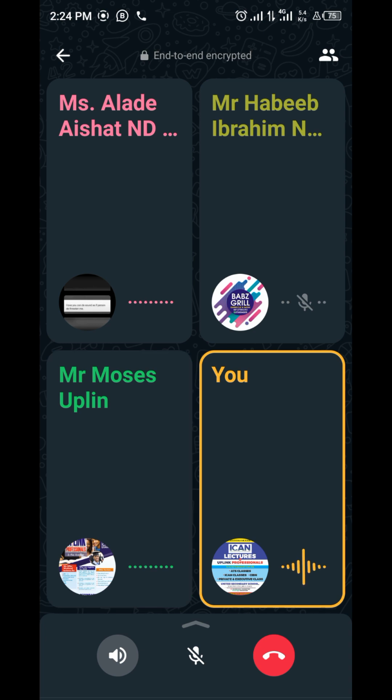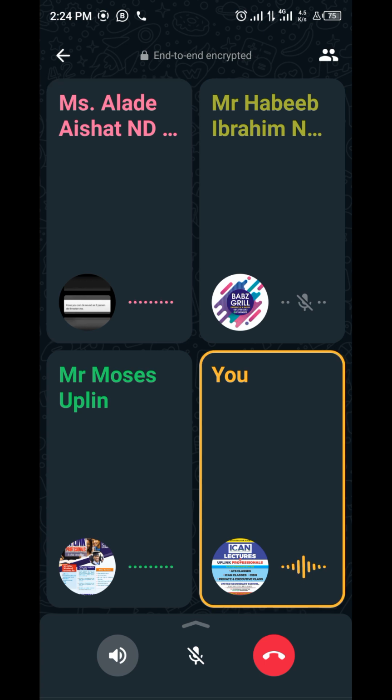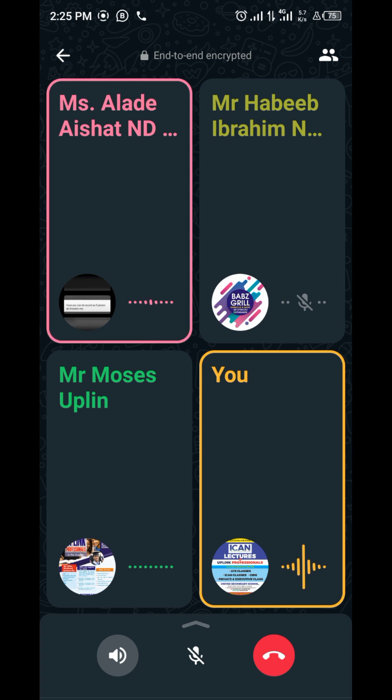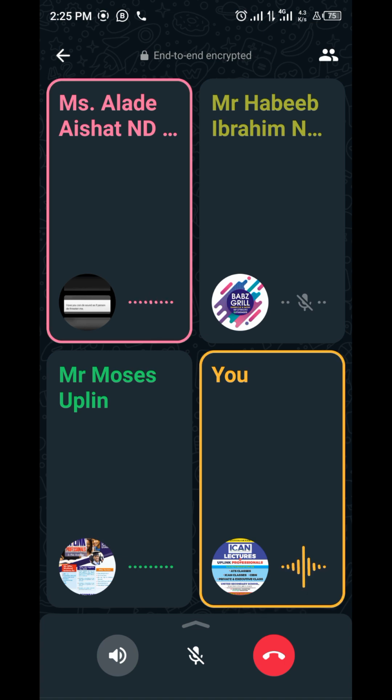So number 3 says that create good relation. Are you getting me? Yes, ma. So create good relation means that when you want to communicate, you need to communicate positively, regardless of the situation you are in. You need to communicate positively, whether you are in a bad mood or a good mood. Communication does not allow us to communicate in a negative way. Are you getting what I'm saying, Aishat?